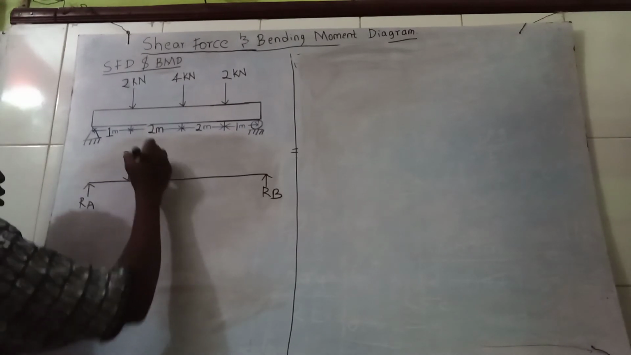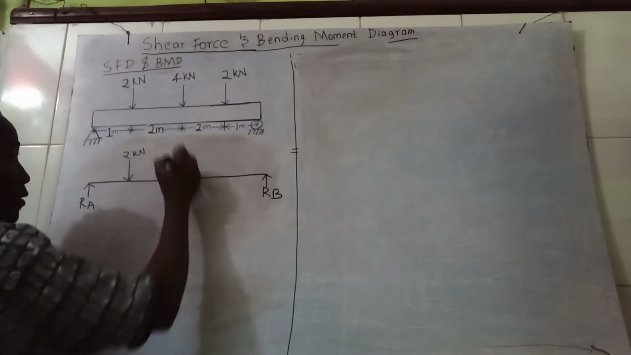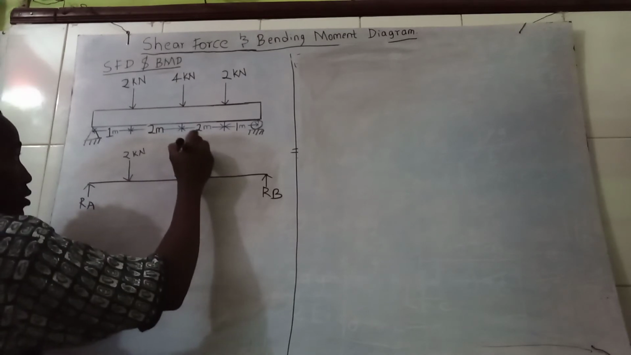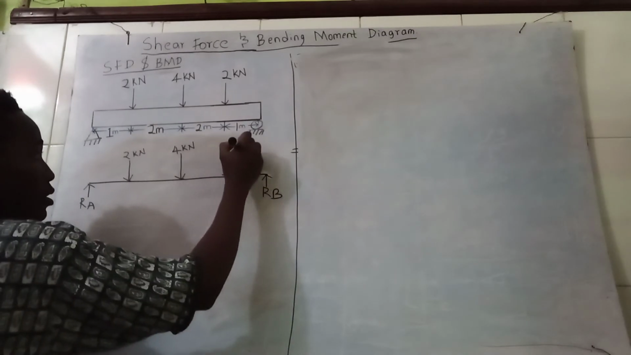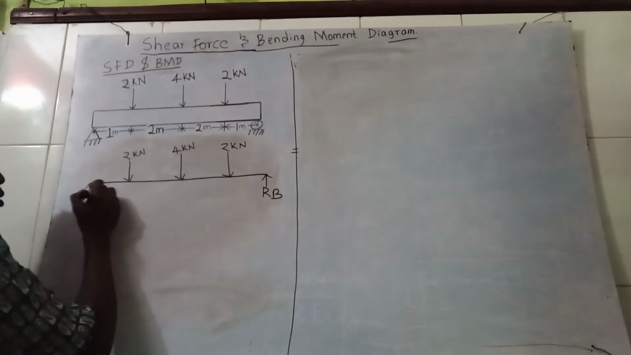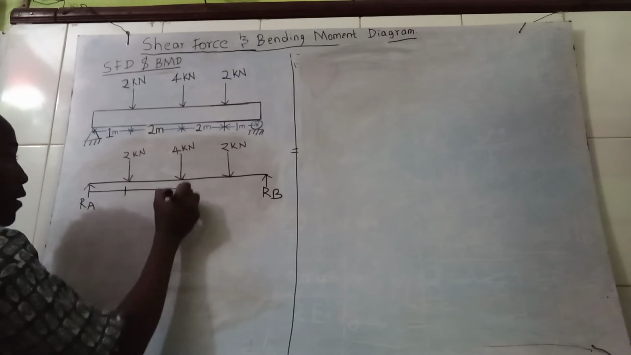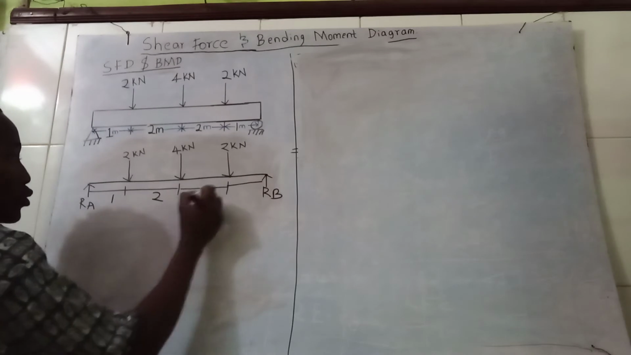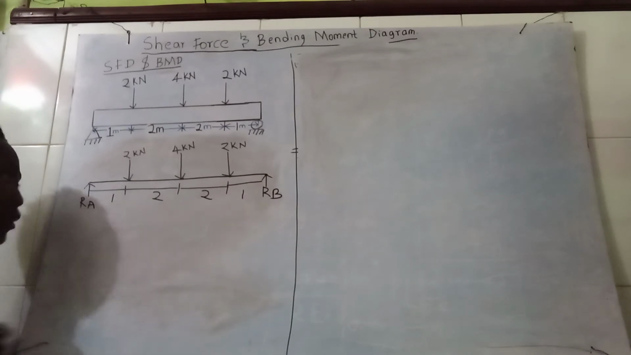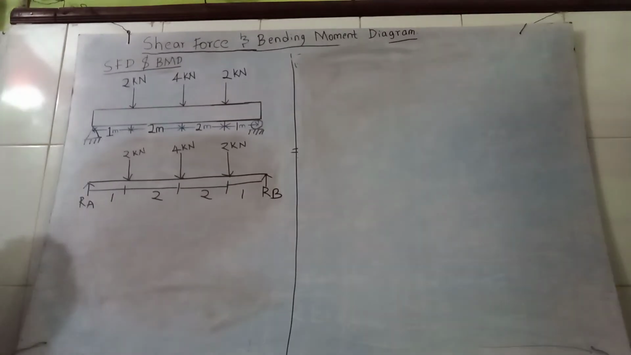2 kilonewtons, 4 kilonewtons, and another 2 kilonewtons. Then input the distances: 1, 2, 2, and 1. So to start,